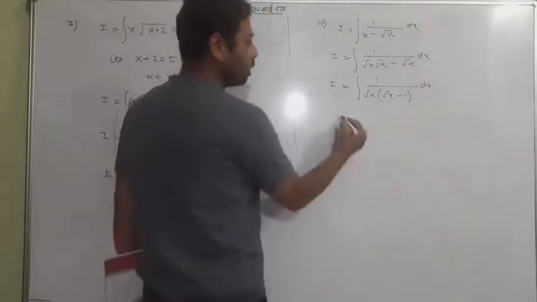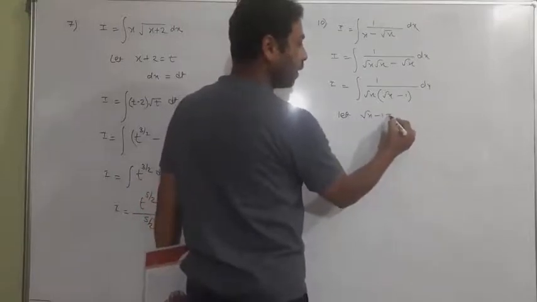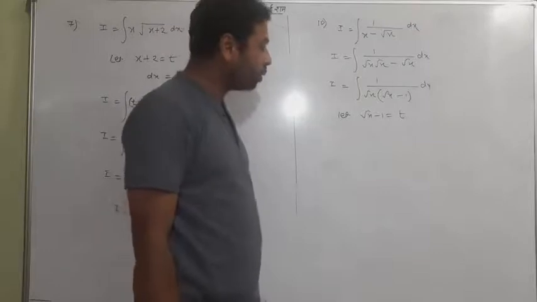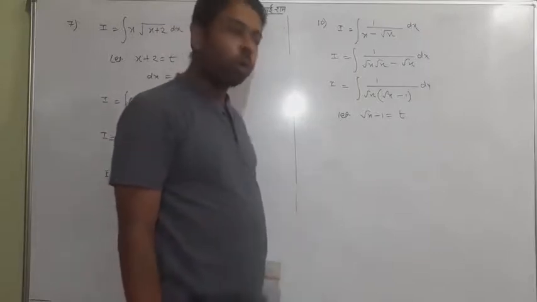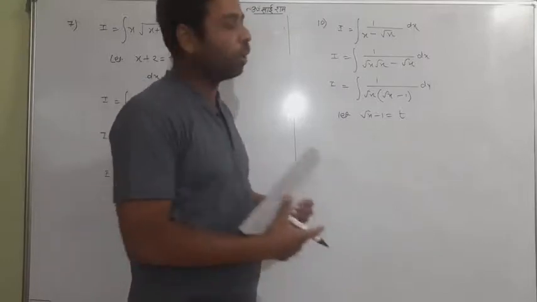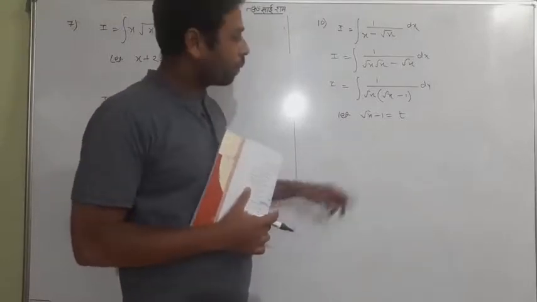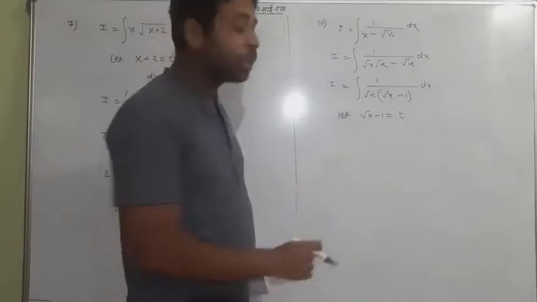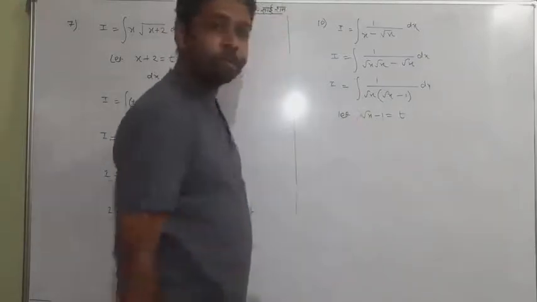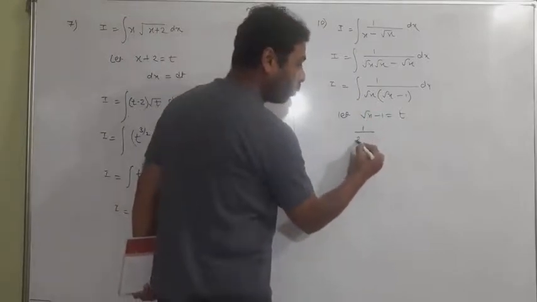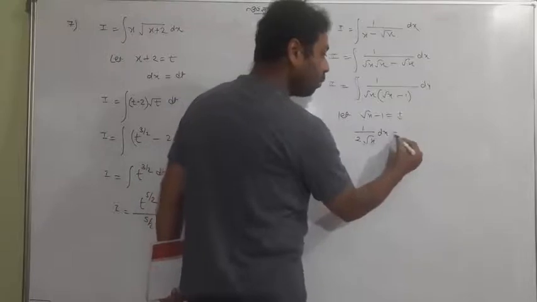Now you students, you take root x minus 1 as t. It will just be practice. Actually, do it often. You can catch the assumption, how to assume the function which you have to consider as t. So root x minus 1 is equal to t. Why did I do so? Because 1 has a differentiation 0, but root x has a differentiation 1 upon 2 root x, and dx equal to dt.